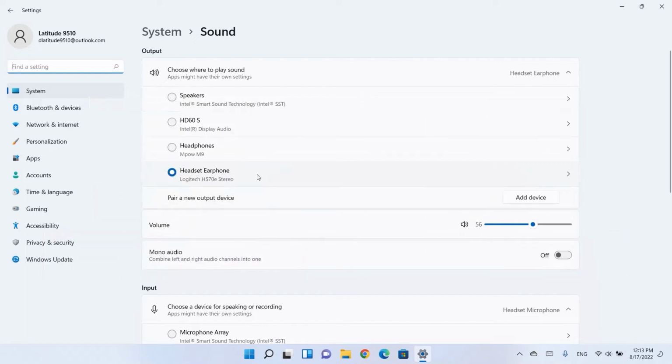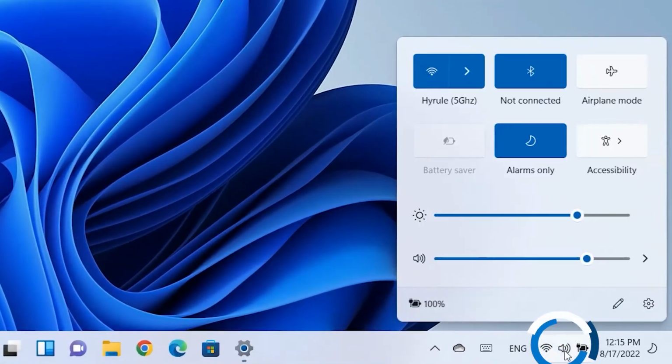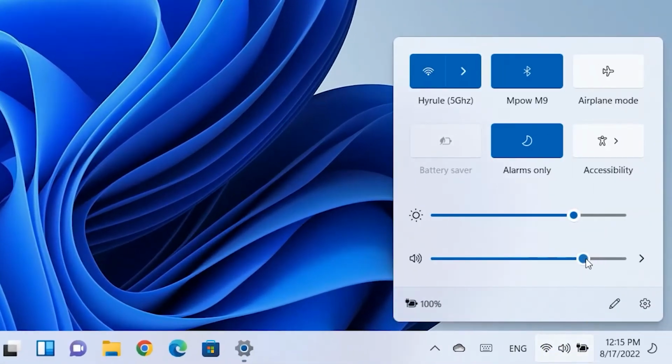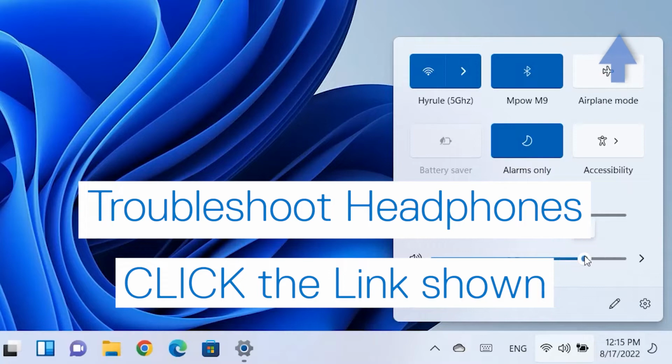With the proper output device selected, you can adjust its volume. To test the device, click on it to reveal its Properties menu and click the Test button. Speaker volume adjustment can also be done from the Windows taskbar by clicking on the speaker icon, but you won't be able to test it from here. If you're having trouble specifically with your headphones not working, click the link shown to watch our video for those